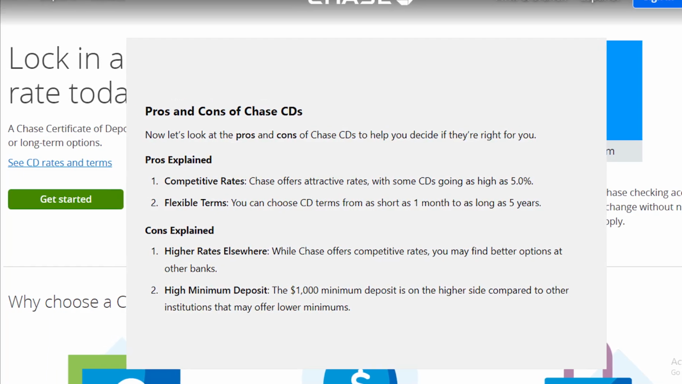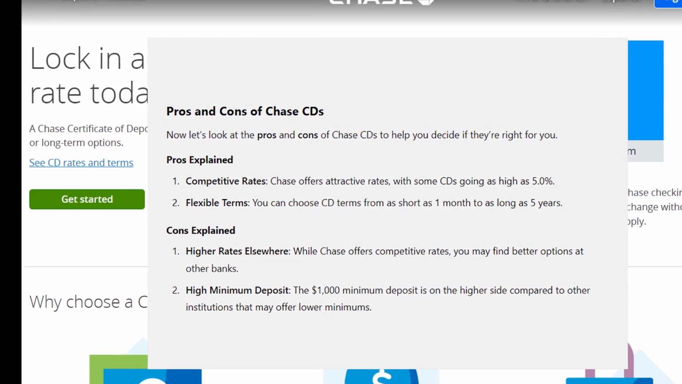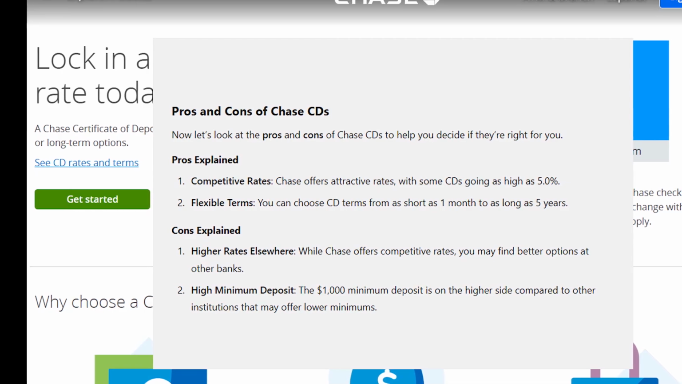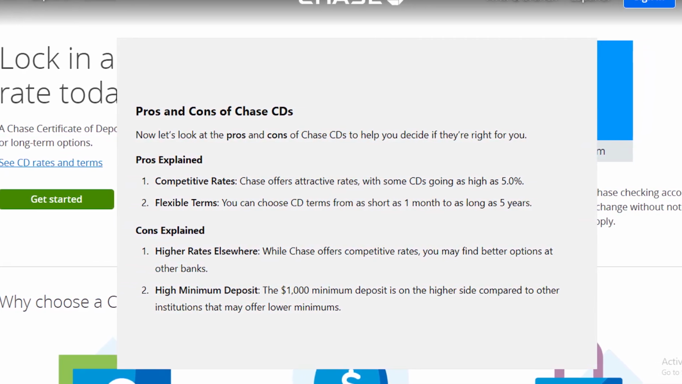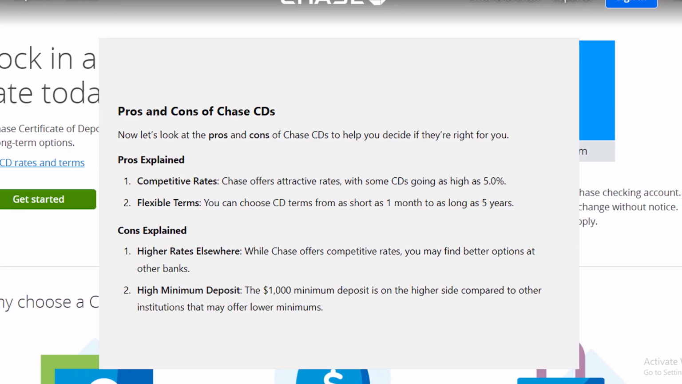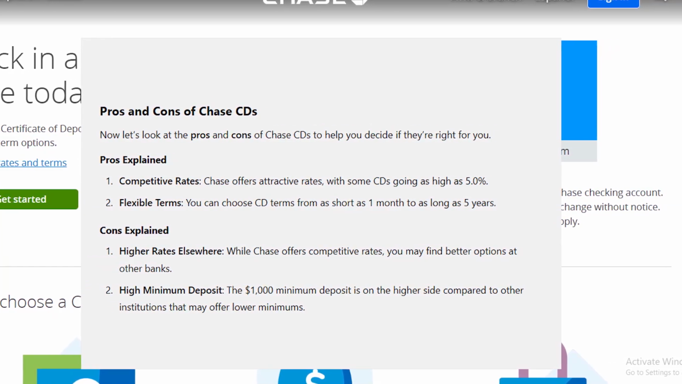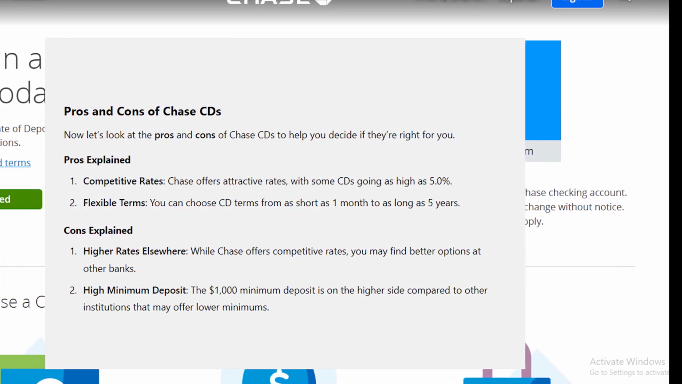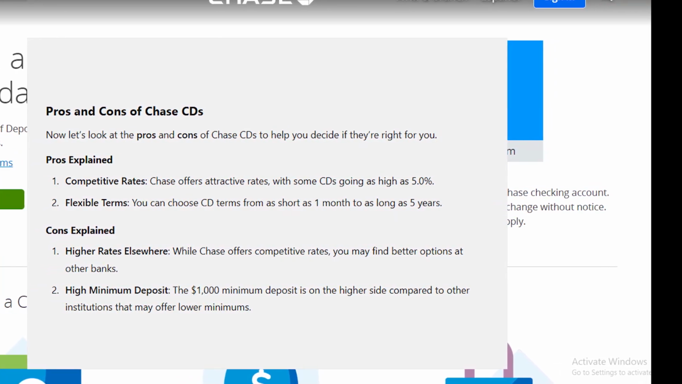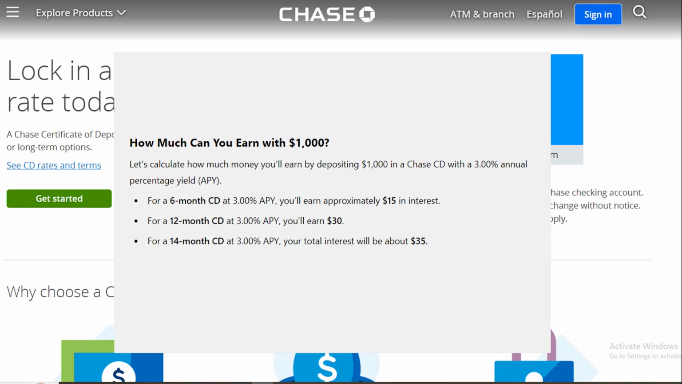Cons explained. Higher rates elsewhere. While Chase offers competitive rates, you may find better options at other banks. High minimum deposit: the $1,000 minimum deposit is on the higher side compared to other institutions that may offer lower minimums. Let's calculate how much money you'll earn by depositing $1,000 in a Chase CD with a 3.00% annual percentage